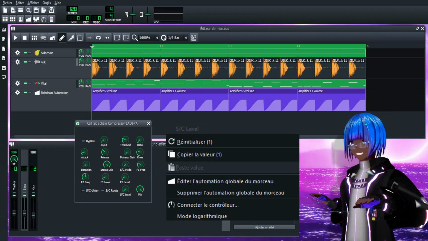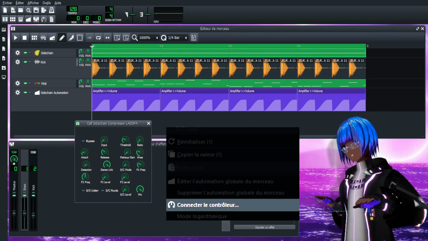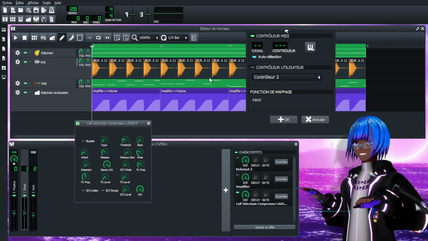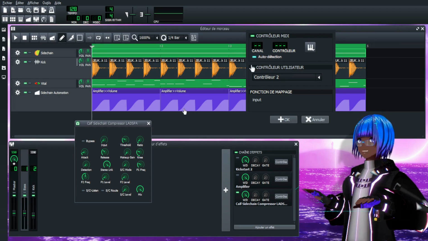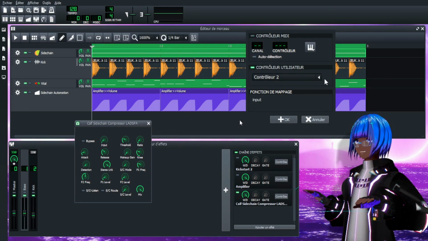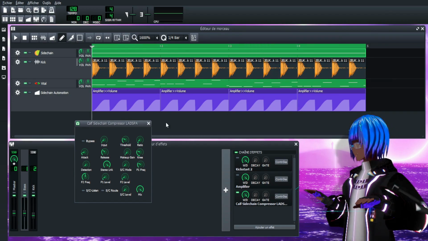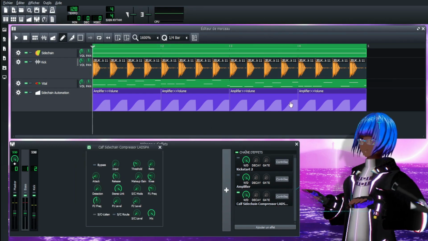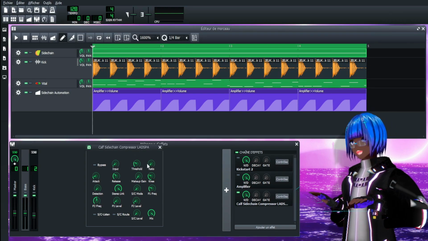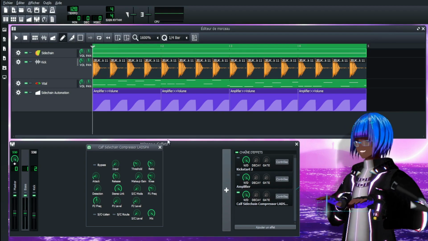Normally there is a thing, I'm gonna screenshot it just so you can see, but there is a connect to controller here, and then you have that box coming up. Just press controller. I don't know why it's controller 2, but that's the controller that you have, and just press OK. And now if I play it, it's not working because I have to apply the ratio also. I'm just gonna put it to 7 as I usually do, and now